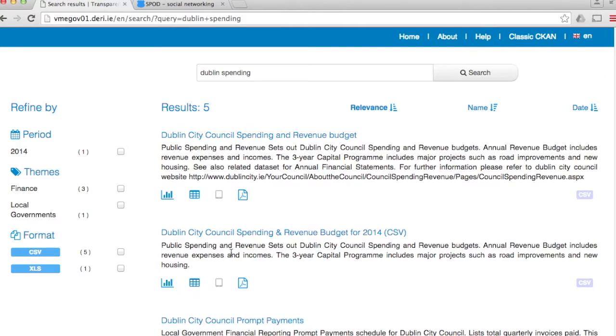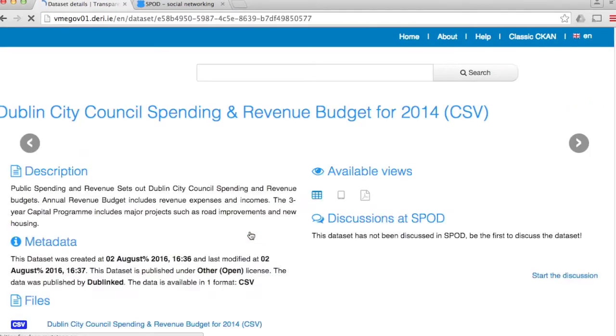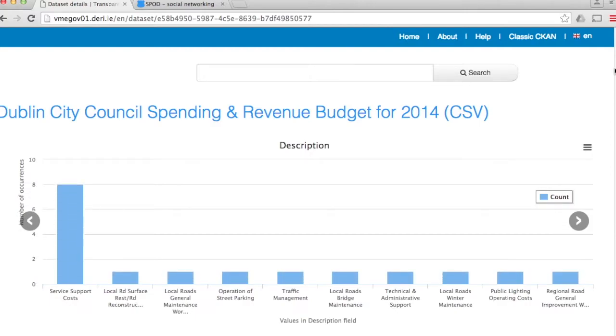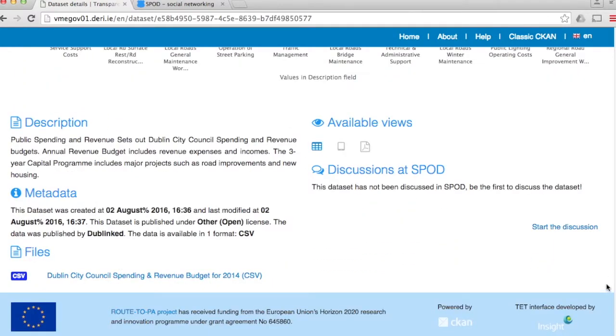So first of all, what we're going to look at is how we can take this Dublin City Council spending information and check out what sort of spending has been put in place in previous years. So if we click on that, Dublin City Council spending and revenue budget for 2014, we want to see the tabular version. You'll notice here that there's a basic visualization of the data, but if we look down below, we'll see the tabular version of the data